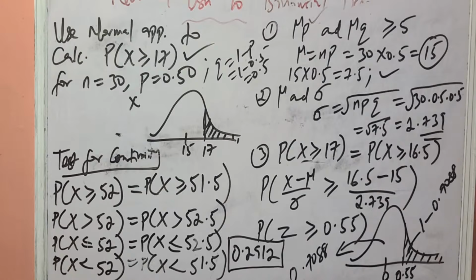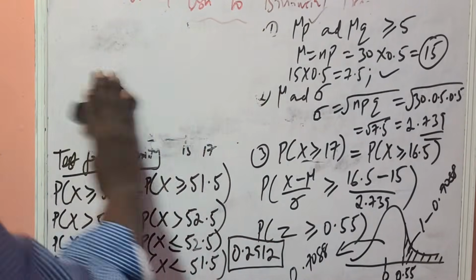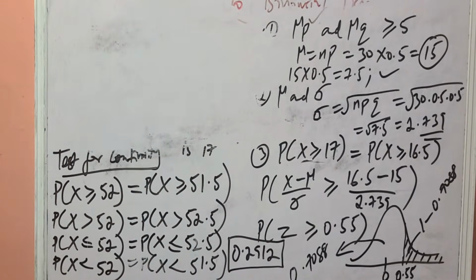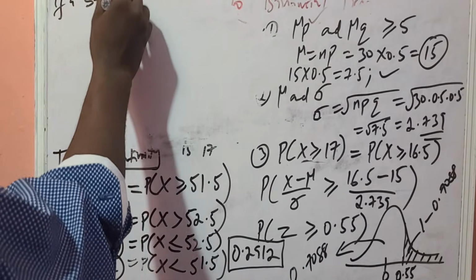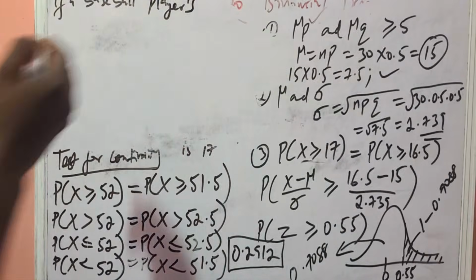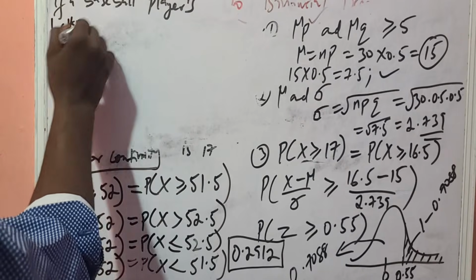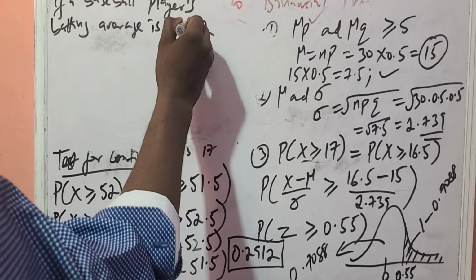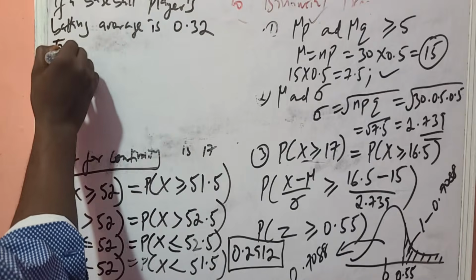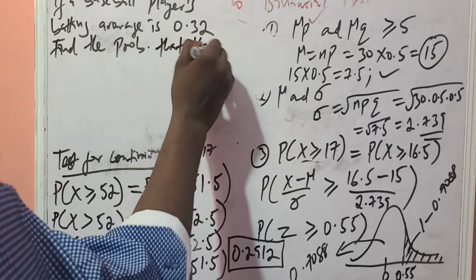All right, so the question is, if a baseball player's batting average is 0.32, find the probability that the player